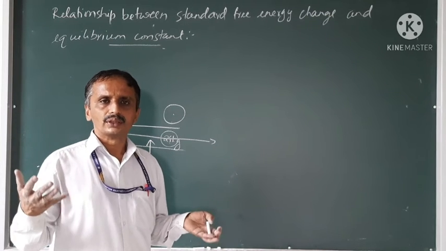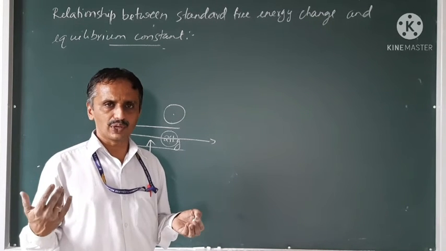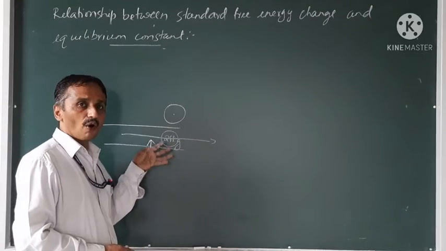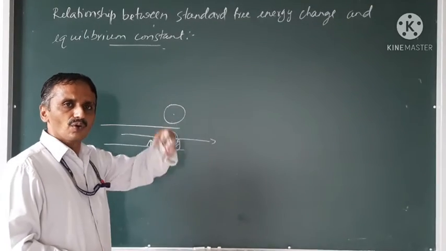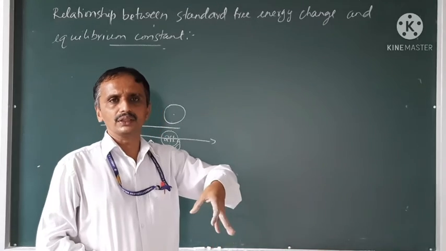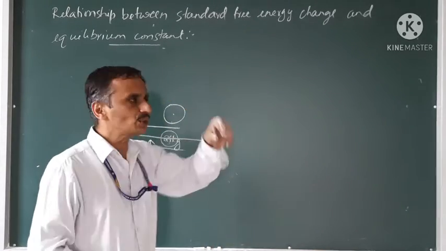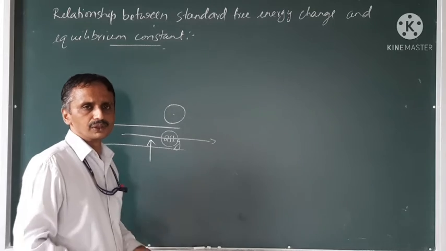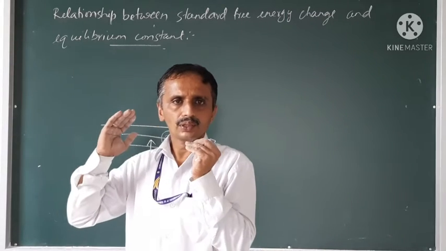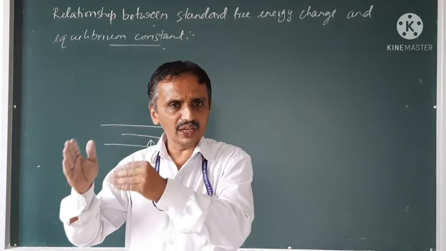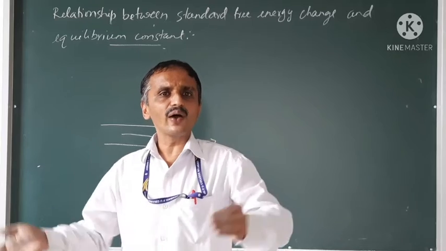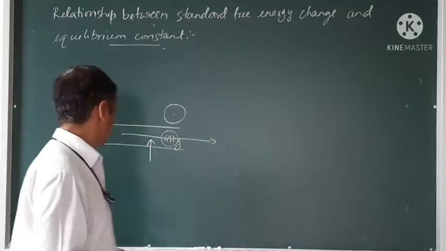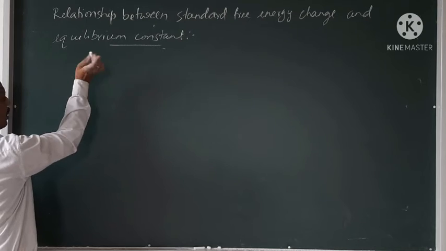I may have very high energy over there. To lift this, there is no need to put in my whole energy. So from my total energy, the energy used to lift this one will be the free energy. So the amount of energy which is available to do useful work is called free energy. And the symbol for free energy is already mentioned.